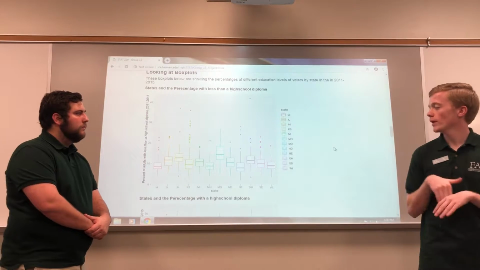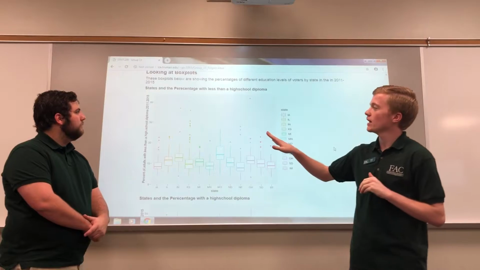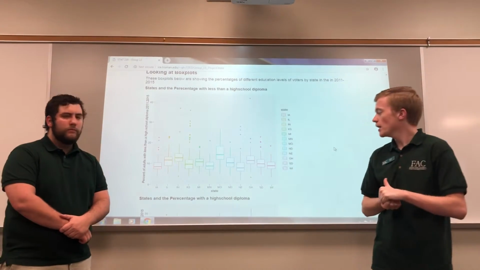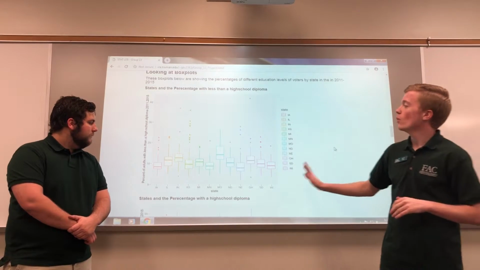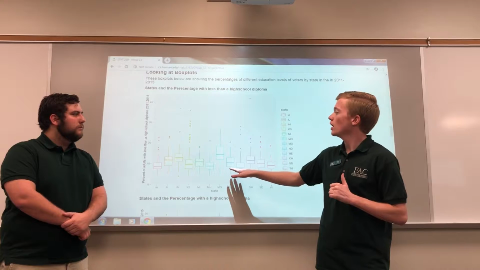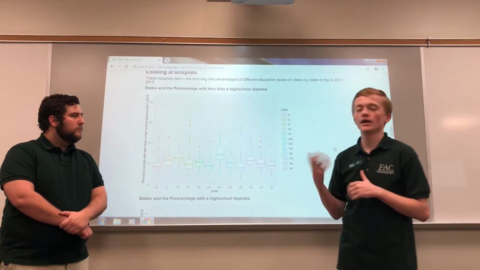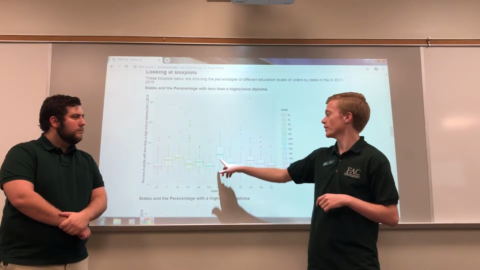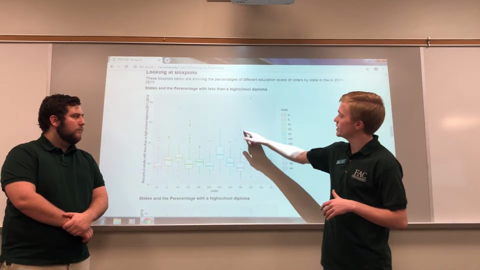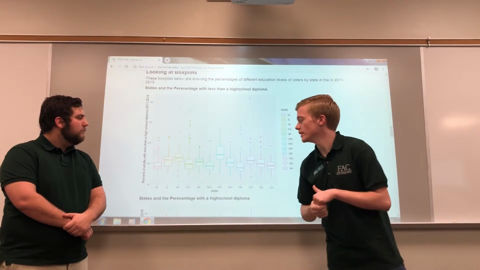And right now, we have on the x-axis each of these 12 Midwestern states, and on the y-axis I have the education level of percent of adults with less than a high school degree. And so right now, this is showing which states on a per county basis have the highest median level percent of people without a high school degree. So as you can see, sadly, Missouri has the top median line. And keep in mind that these dots, you see these outliers are individual counties. But still Missouri has the highest median.